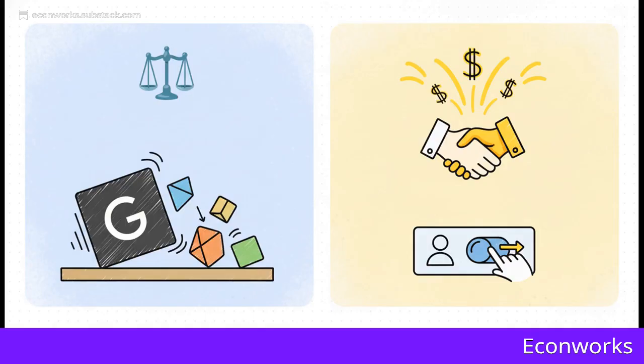They say, hey, these are just normal, legal business deals. Their whole argument is that they're just competing hard, paying for prime placement, and that people stick with Google because, well, it's the best product. And hey, they point out you can change it with just a few clicks if you really want to.